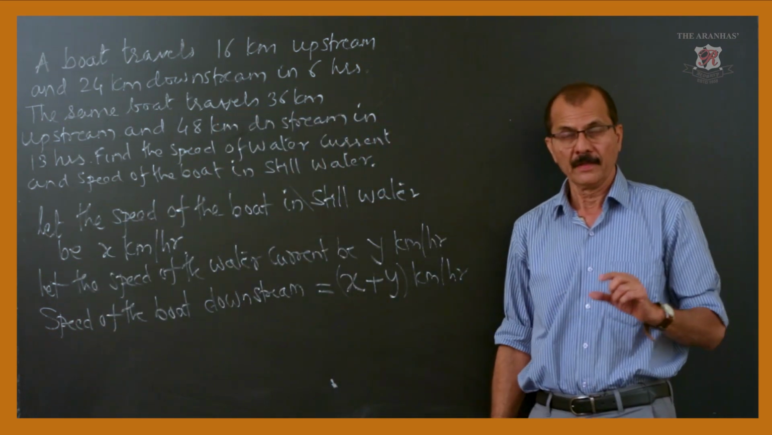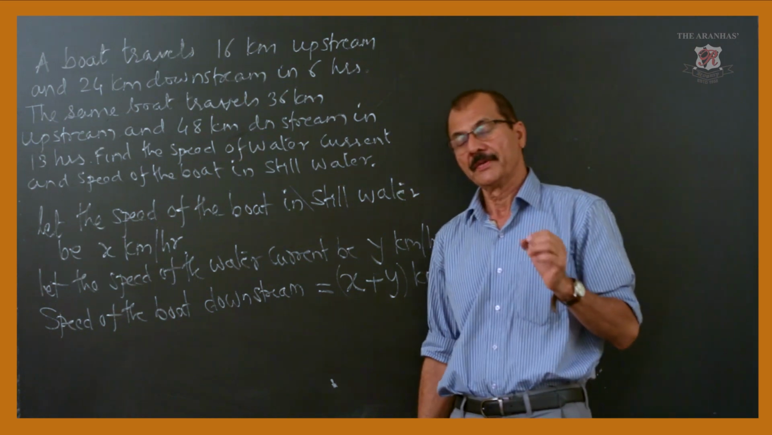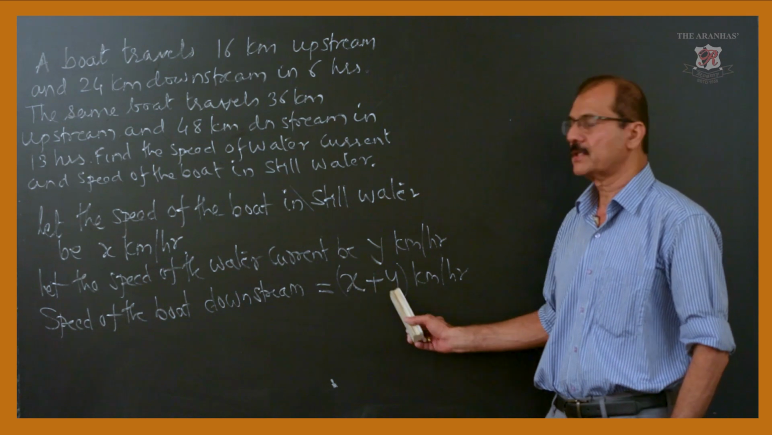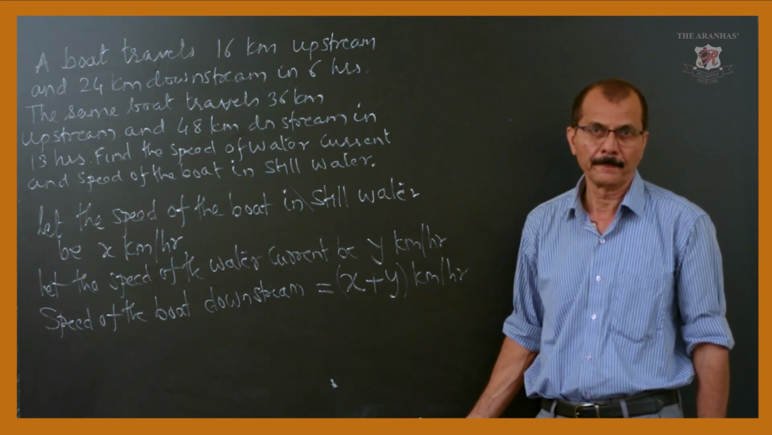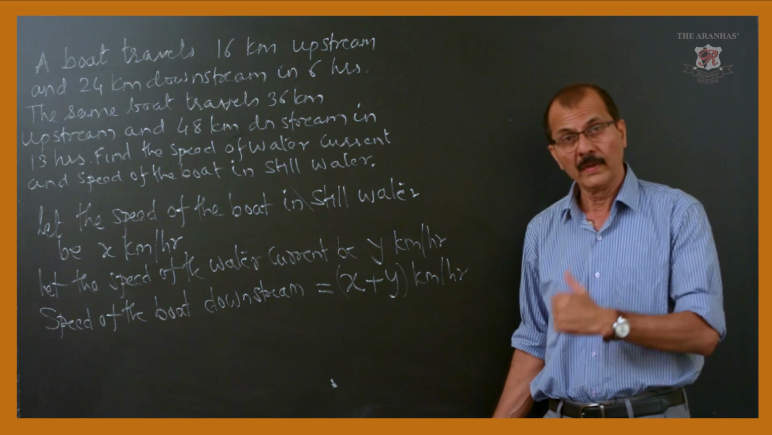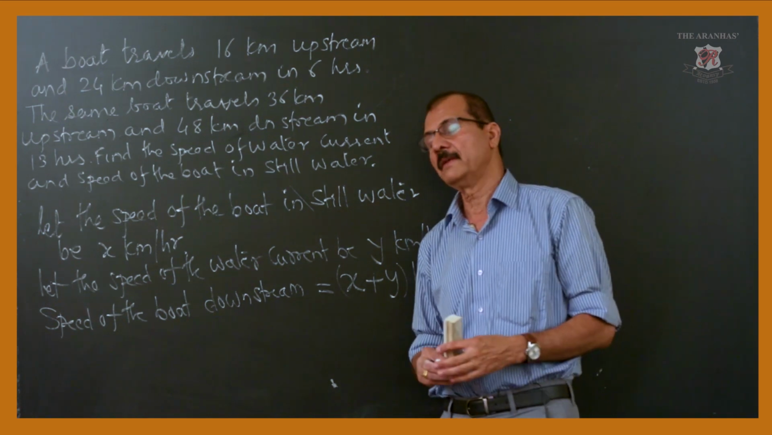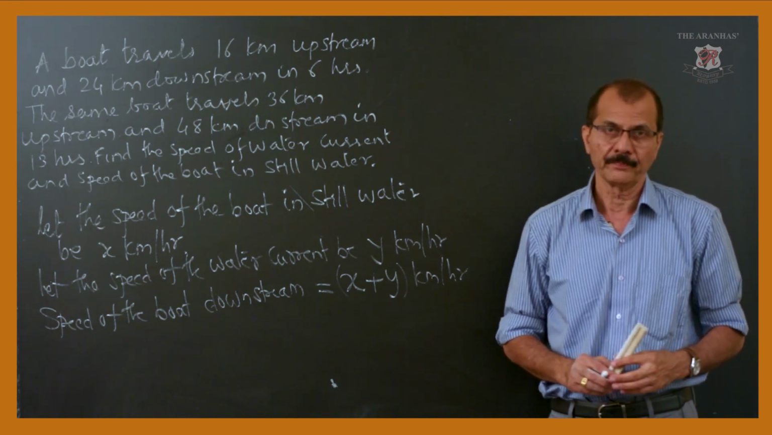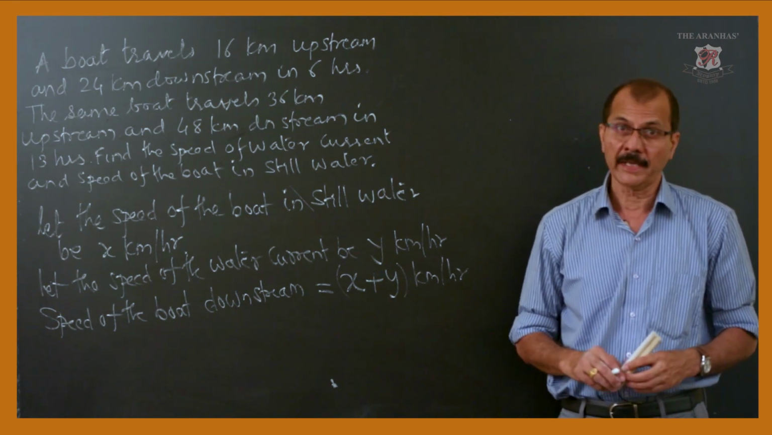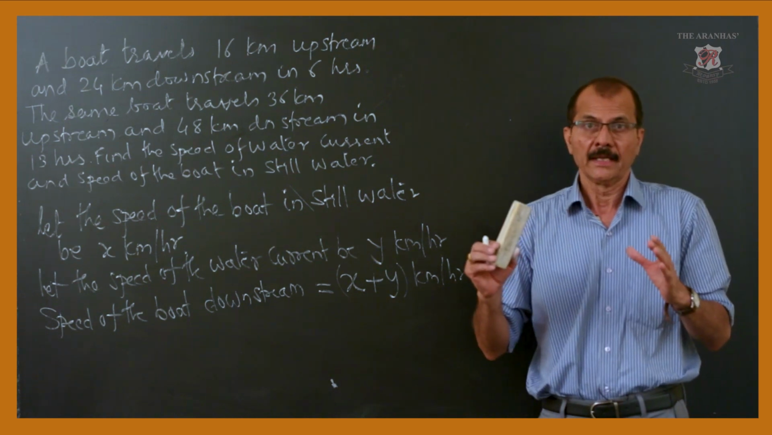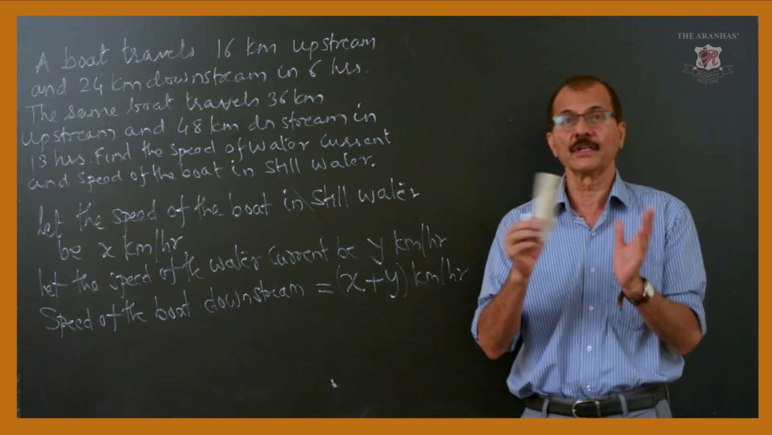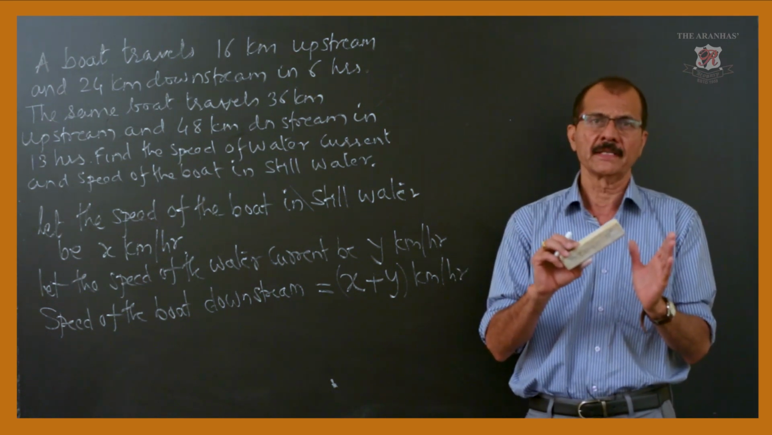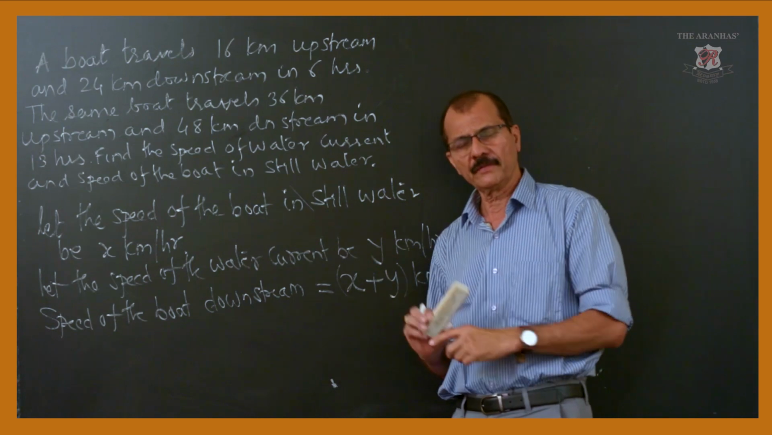So, remember the net speed of the boat downstream will be x plus y kilometer per hour. Now, we are going to see what will be the net speed of the boat upstream. In this case we have to be careful, because the net speed will be the difference of the two, that is, the speed of the boat and the speed of the water